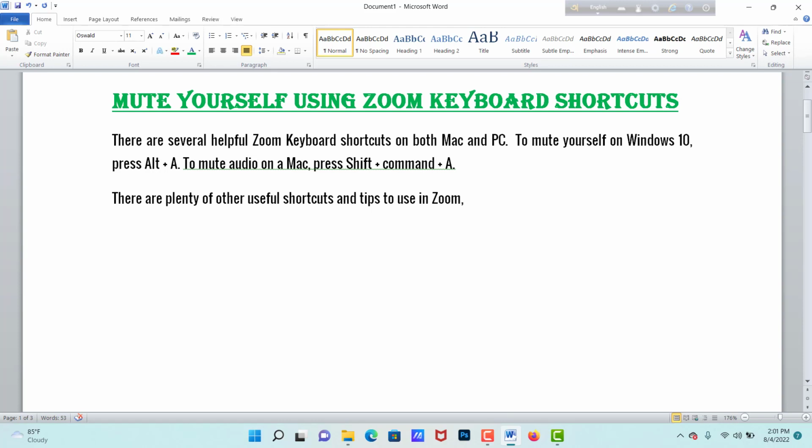including a shortcut that can mute participants rather than checking mute